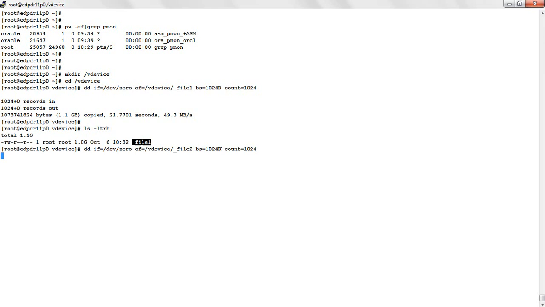This is file2, and I'm creating two more just because I need 3 loopback devices to be configured in my disk groups. This is the second one, and then we'll have a third one to be created.